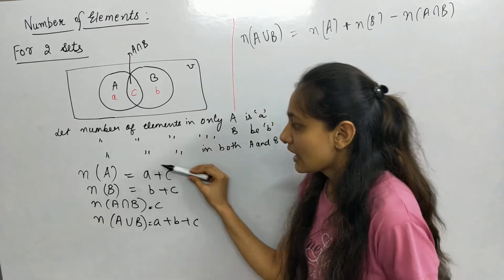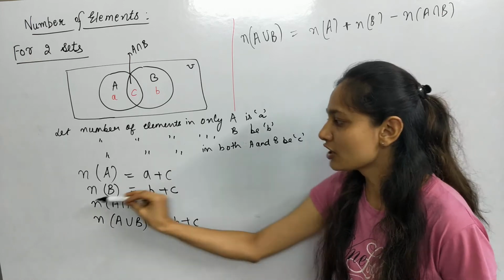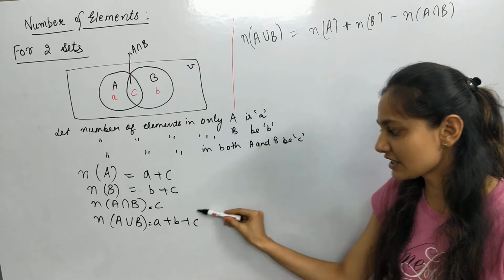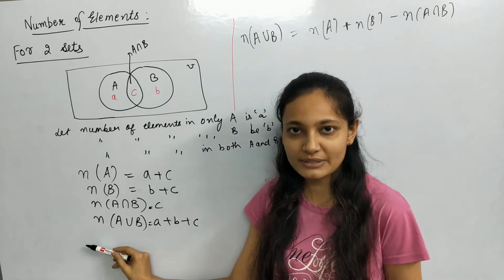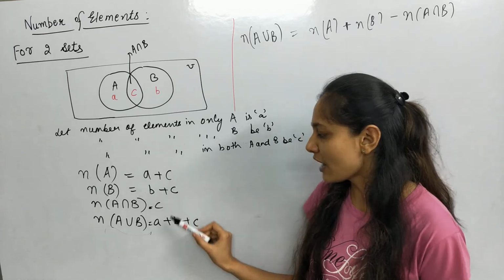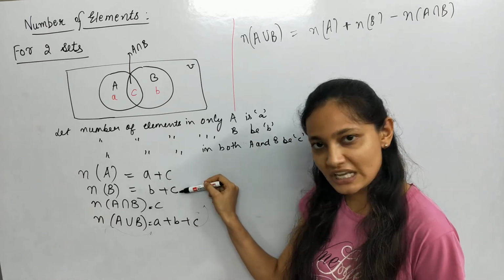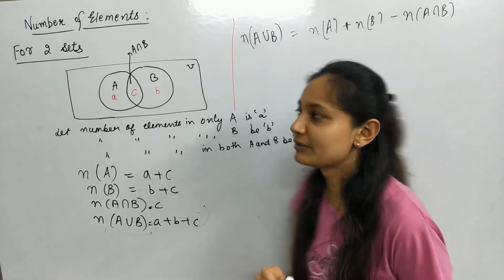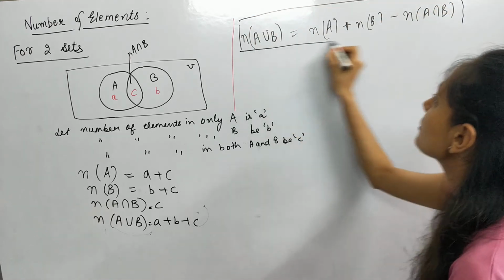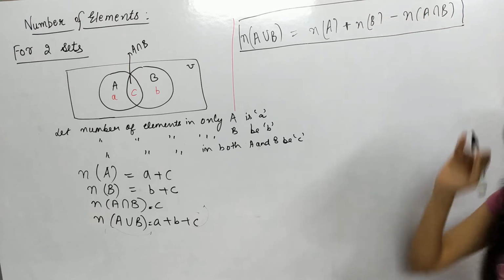Because हमने जब A के नंबर ऑफ एलिमेंट्स लिए थे तब भी आपने इंटरसेक्शन के एलिमेंट्स ले लिए थे, और जब हमने B के एलिमेंट्स लिए तब भी आपने इंटरसेक्शन के एलिमेंट्स ले लिए थे. लेकिन हमारी यूनियन में इंटरसेक्शन के एलिमेंट्स सिर्फ एक ही बार आएंगे, तभी टोटल नंबर ऑफ एलिमेंट्स आएगा यूनियन में. So for union of this you have to take only once the intersection. So adding this gives you 2C, and we will subtract intersection from that. So you are with this formula that number of elements in A union B is equal to the number of elements in A plus number of elements in B minus their intersection.